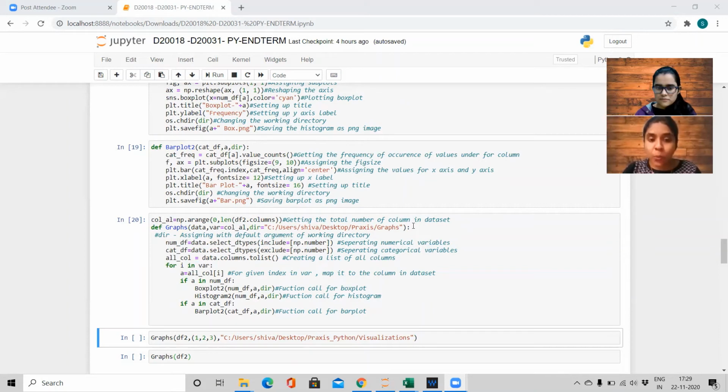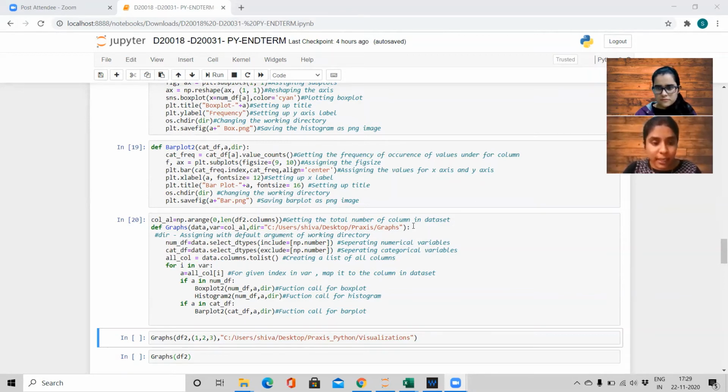Following that, we have dir, which takes the change-directory path. As a default argument we have given the path of the working directory, praxis.graph, and we want the graphs stored in the praxis python visualization path.